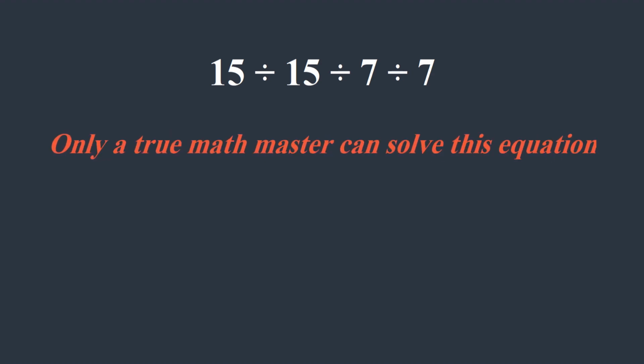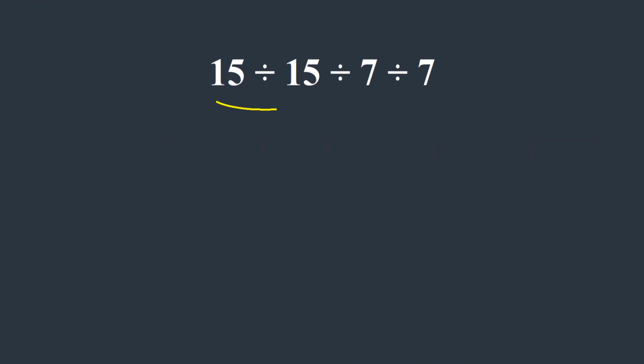What's the problem today? 15 divided by 15 equals 1, and 7 divided by 7 equals 1. Now we have this problem: 1 divided by 1, which equals 1. But this answer is not correct because according to the order of operations we must do this division, then this